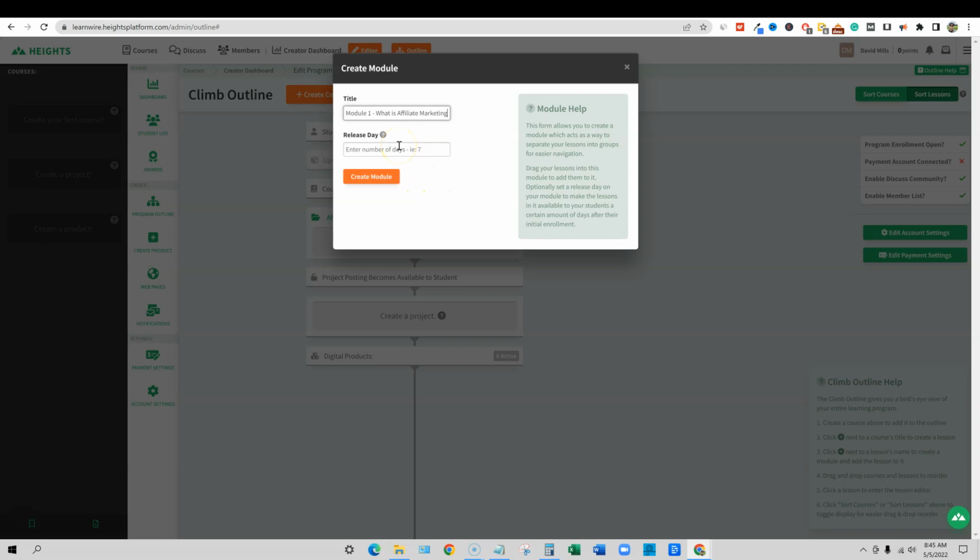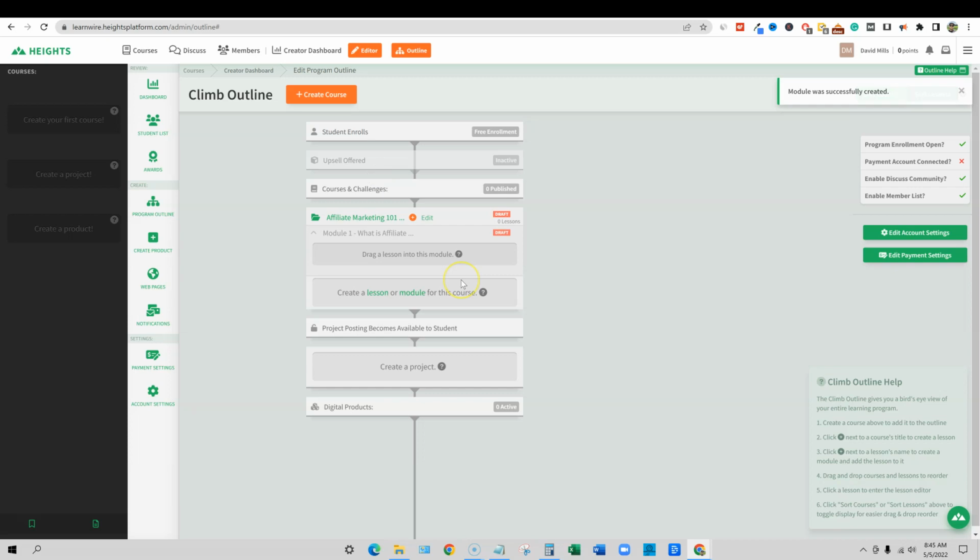If you want to make sure that everything's dripped and they actually have to take the course over a certain amount of days, like they only get access every 3 days to a new module, you can control that. I would just give them full access, that's my style. If they paid for it, then they should be able to watch as much or as little and as fast or slow as they want, in my opinion. But that's cool that they have that feature.